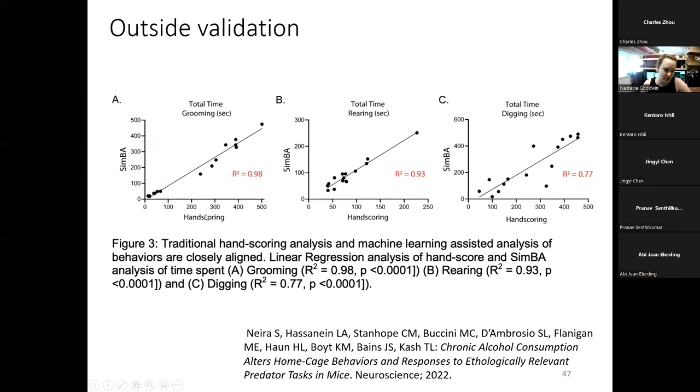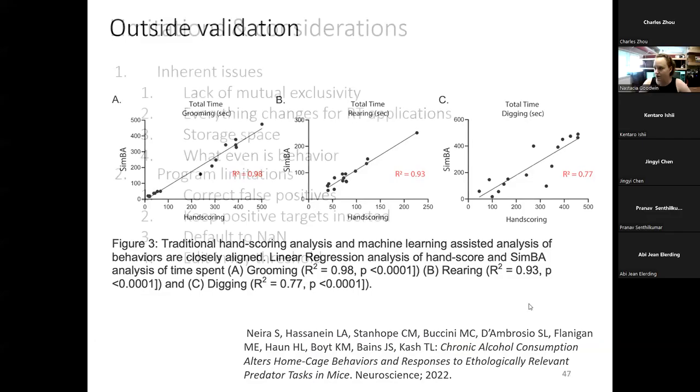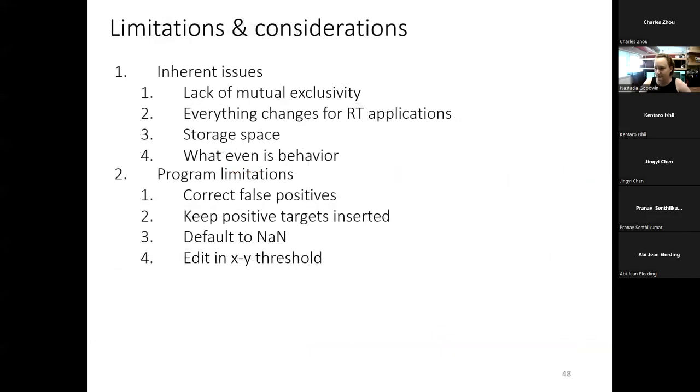Here between machine learning and hand scoring, I'm very hopeful that a lot of people are using this and it looks like it's actually working the way it should, which is exciting. And then just some basic limitations and considerations. There are a lot of things that I want to fix in the GUI to make it more user friendly. And then inherent issues are,